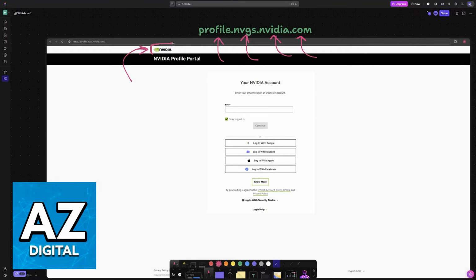And as long as you are on the official NVIDIA website, you will be able to sign in through various different methods. Sign in however you prefer. You just need to access your GeForce Now account. If you have lost access to your email, then you might have to contact customer support. You will only be able to easily change your email if you have access to both the original email address and the new one, so keep that in mind.